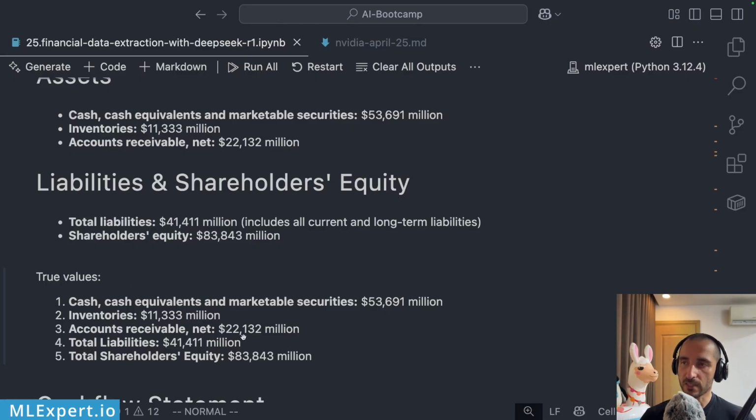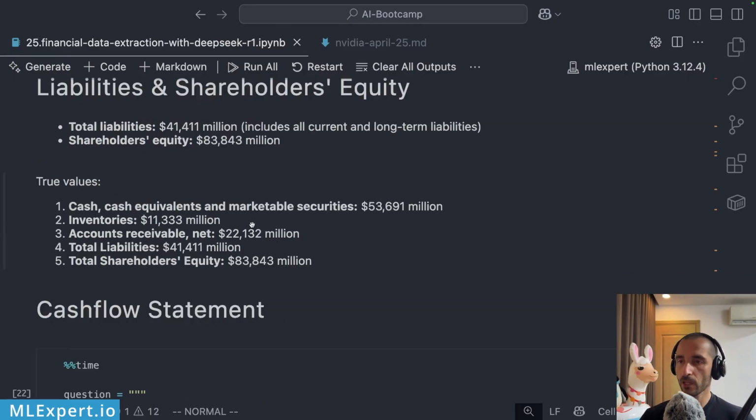We got accounts receivable net. Here we have another subheading with total liabilities. Those are again correct. And then here we have shareholder equity. I have again checked this number within the PDF, and yeah, I can see all of those numbers exactly the same. So again, perfect score. Of course, still extracted from markdown tables, but this is a 10-page financial document running on an 8 billion parameter quantized local model. So